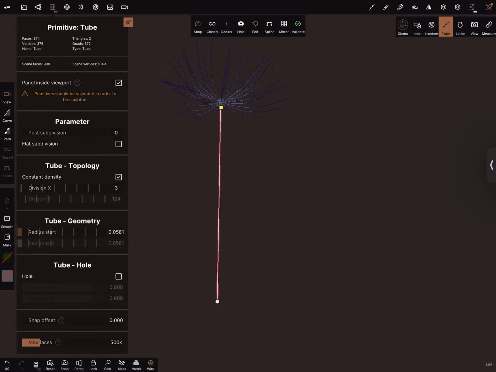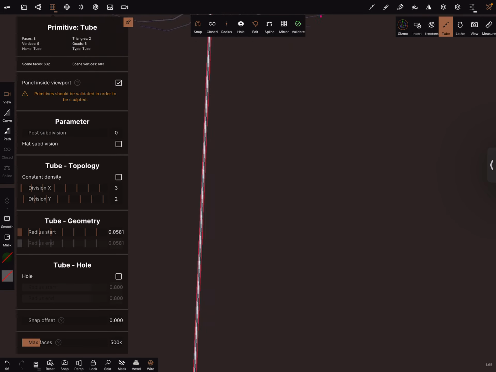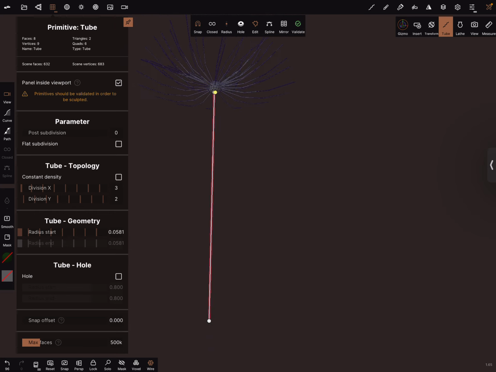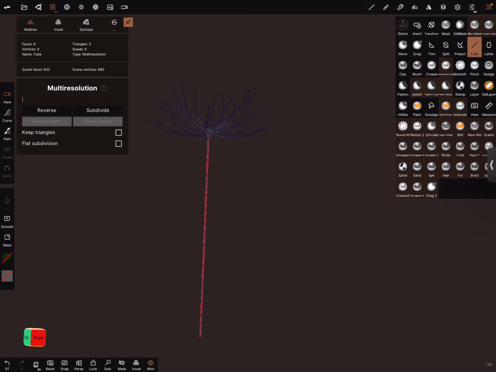We only need 3 here also, and 2 divisions is okay. More we don't need. Validate the object.